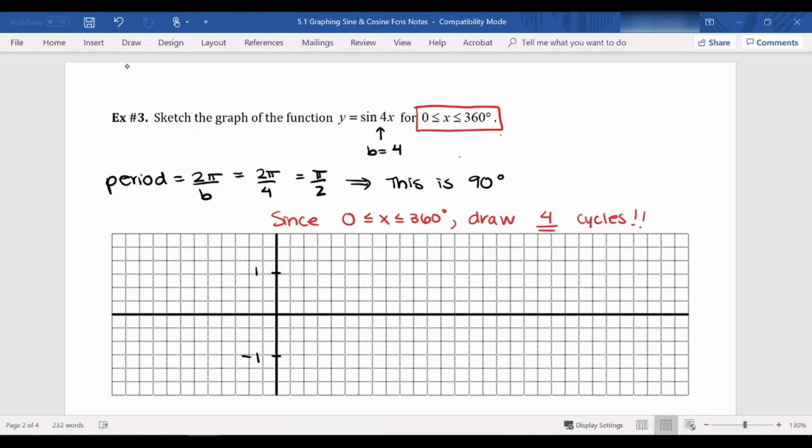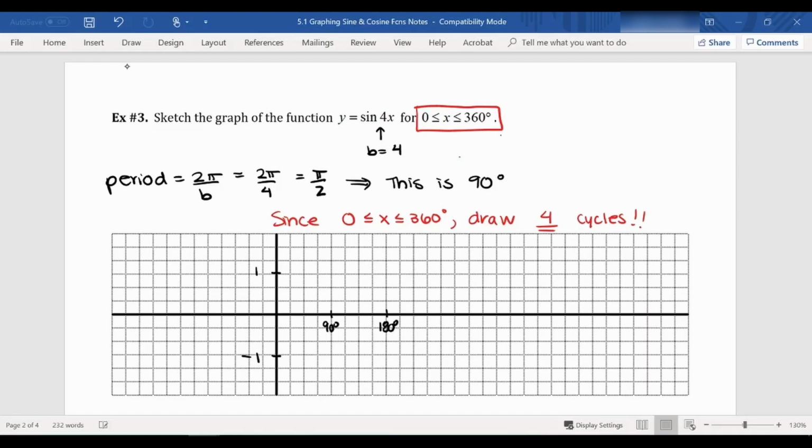So what that means is I want maybe 4 boxes to be worth 90 degrees, or 8 boxes to be worth 90 degrees, or 12 boxes. I want to be able to split my 90 degrees into 4 chunks easily. So I don't want to make 7 boxes 90 degrees. That's not easy to split into 4. So if I do 4 boxes as 90 degrees,